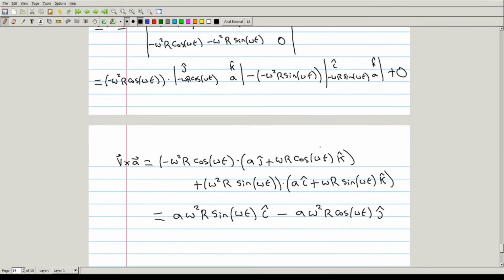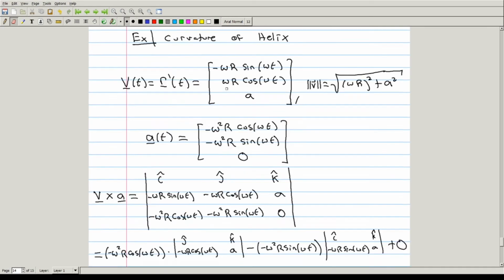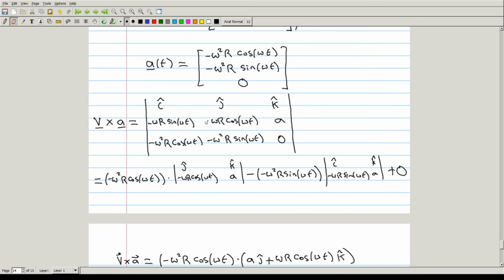Oops, sorry, I just realized I have a small typo here. The velocity vector only has a negative first component. So this should be negative right here, or positive right here, not negative like I wrote